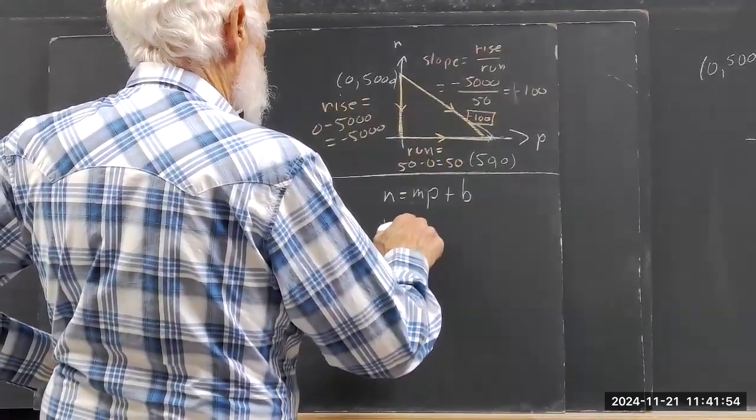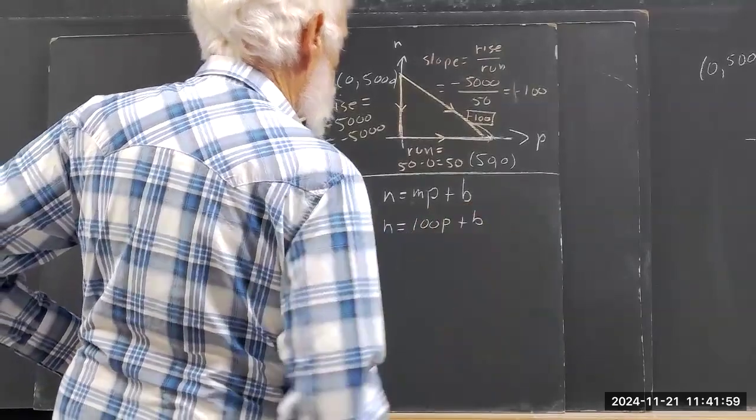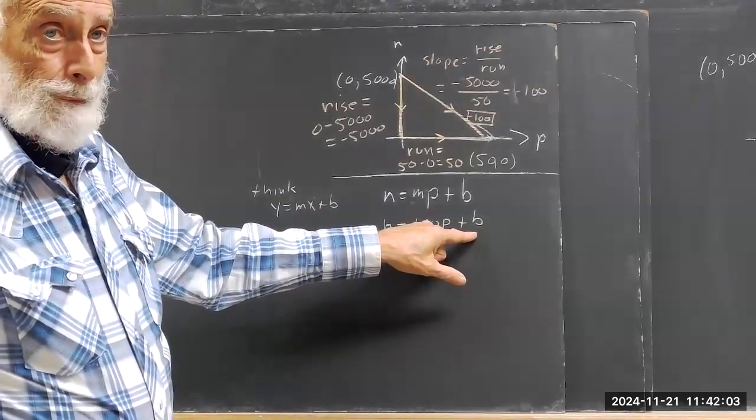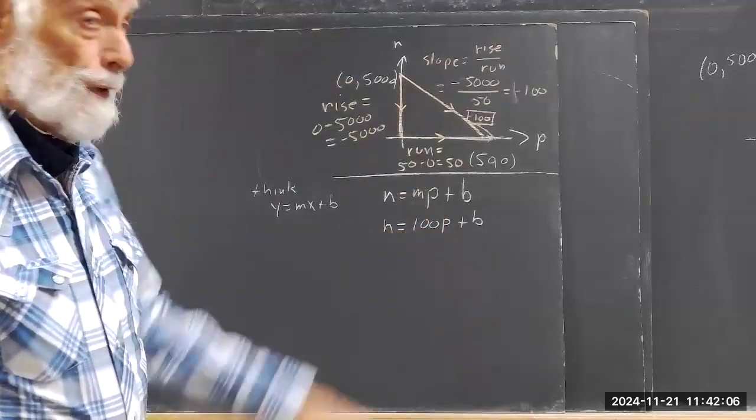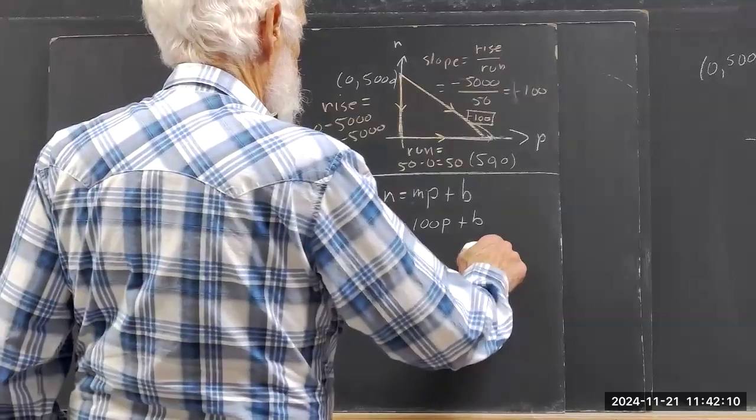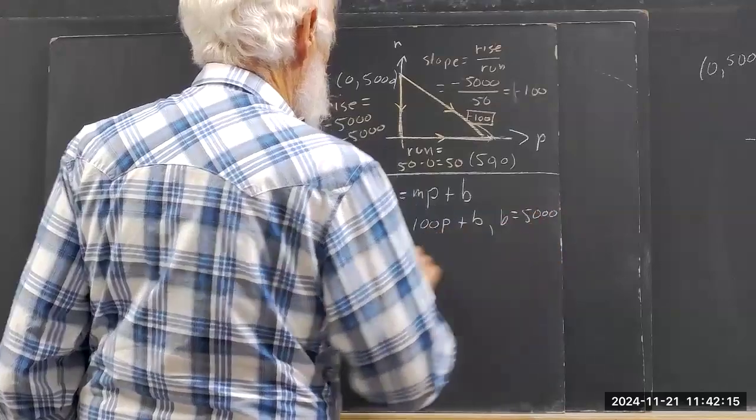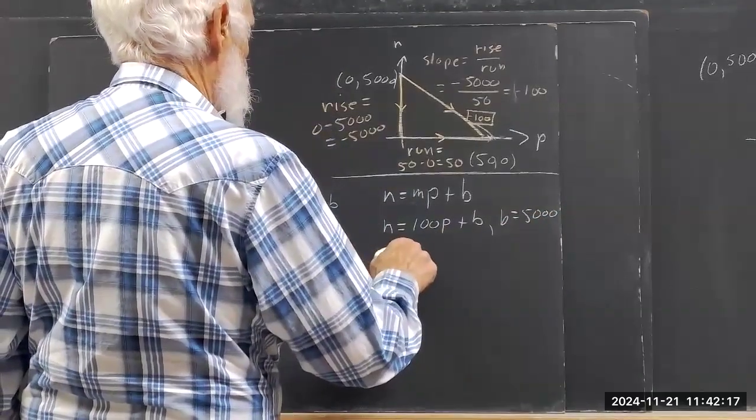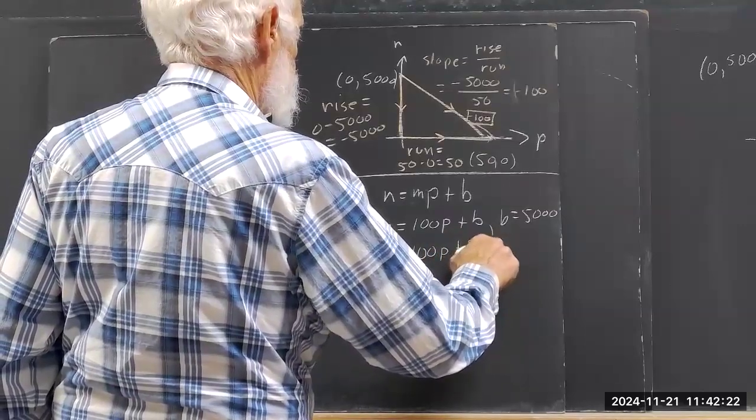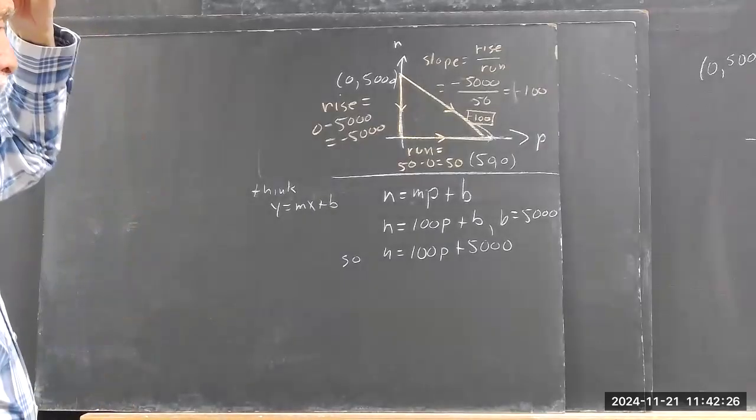So now we know that n equals negative 100p plus b. Now, what's b? Well, b is our y-intercept, so that makes it easy, because the y-intercept is 5,000. N equals negative 100p plus 5,000. That means, for example,